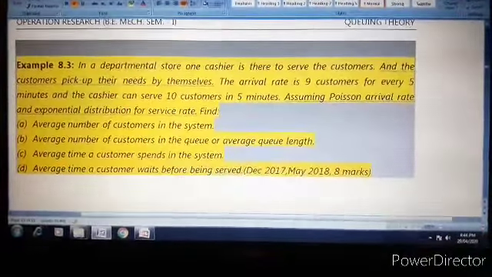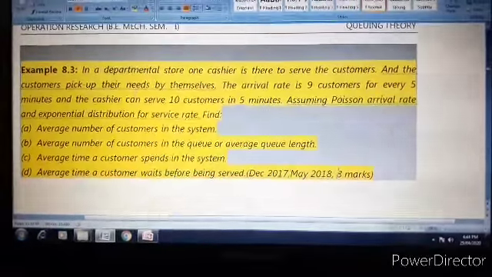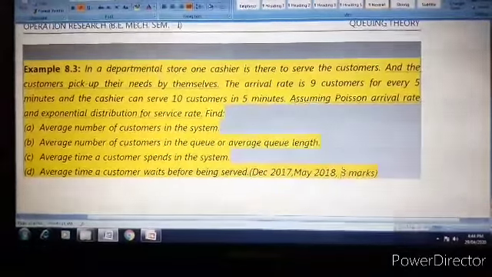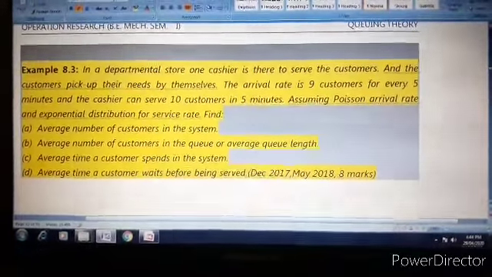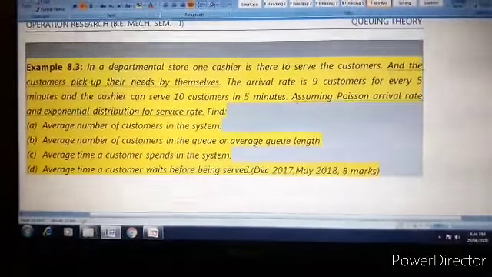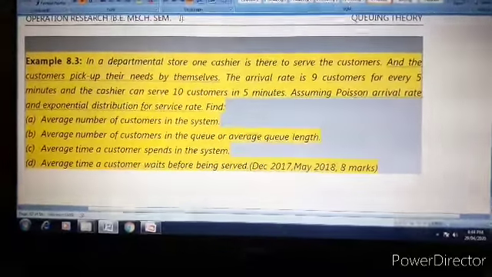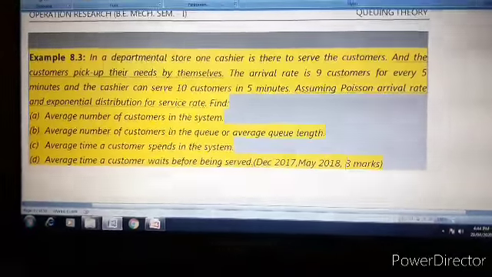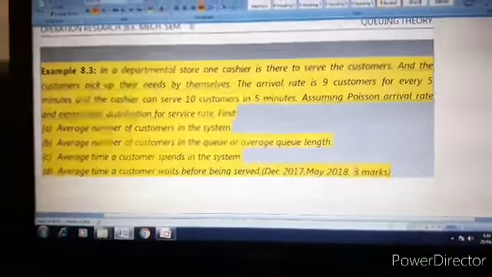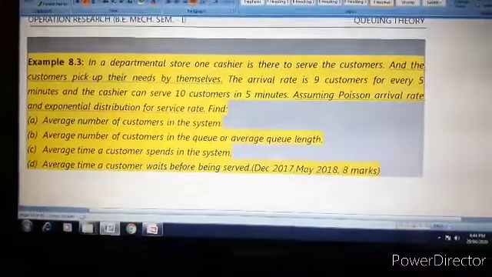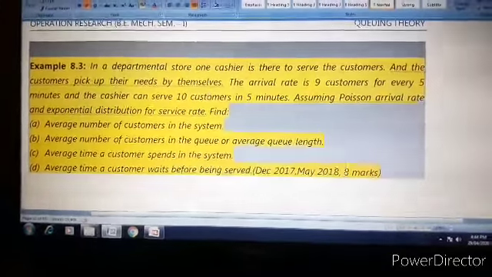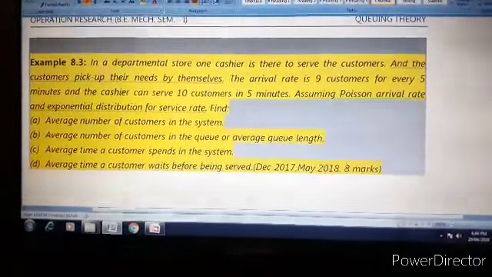Now whenever numericals are given on waiting line models or queue models, first of all we have to define the arrival rate and service rate. Arrival rate we define by the variable lambda, and service rate by the variable mu. If we know lambda and mu, then we substitute these values in the equations, as we have seen in the various relations for model 1. In any model of waiting line theory, we always have the relations in terms of lambda and mu. So if we can define lambda and mu easily, we substitute them in the various relations discussed in the previous slide.